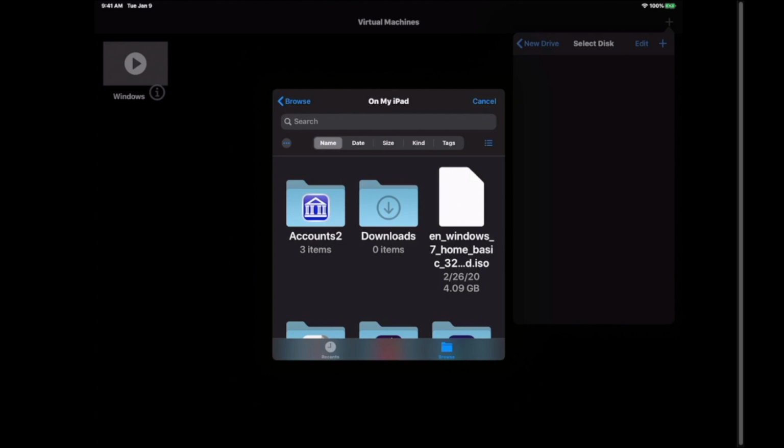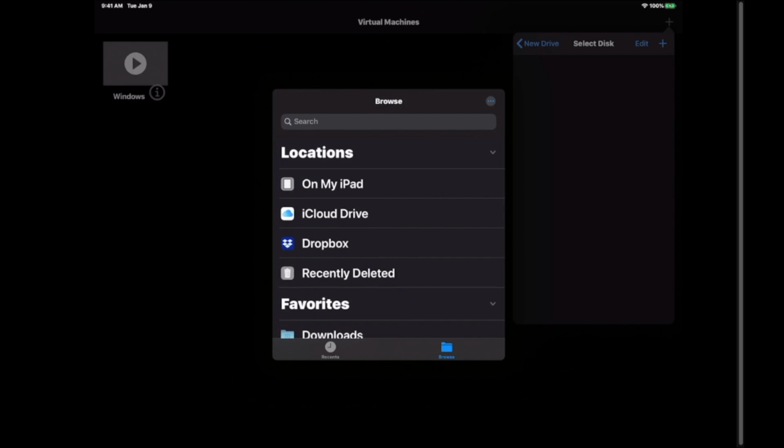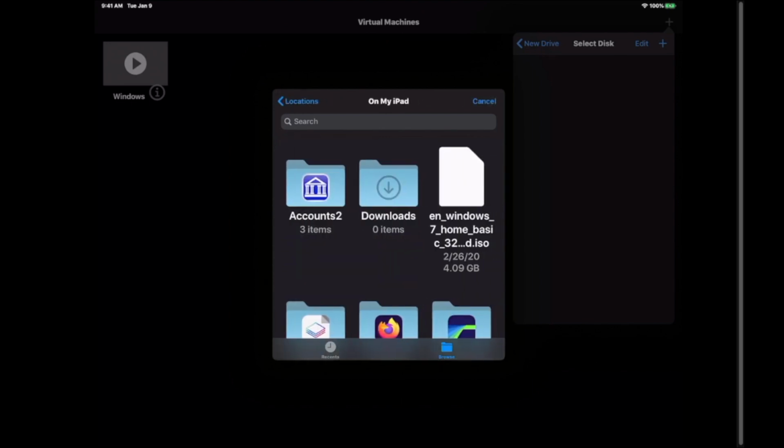So when you go to browse, make sure that it's set on my iPad and that the ISO file is loaded directly on the iPad, not through a cloud storage such as iCloud or Dropbox, but directly on the iPad. Select your ISO file